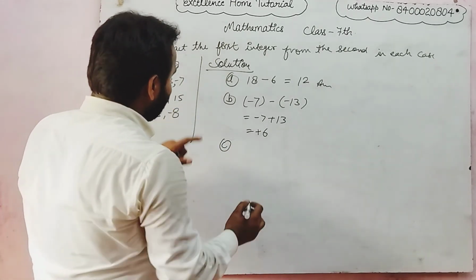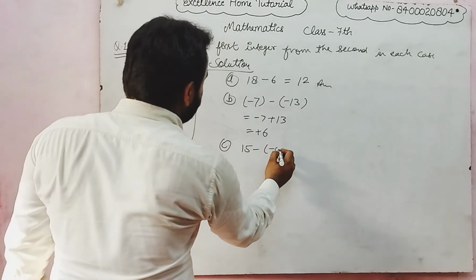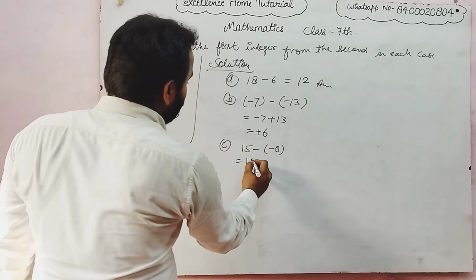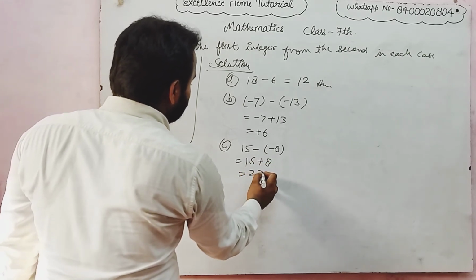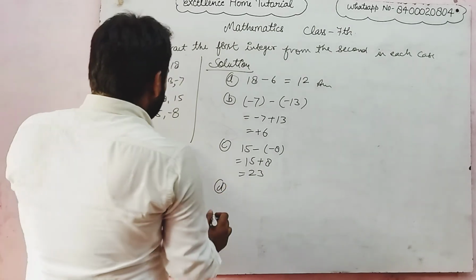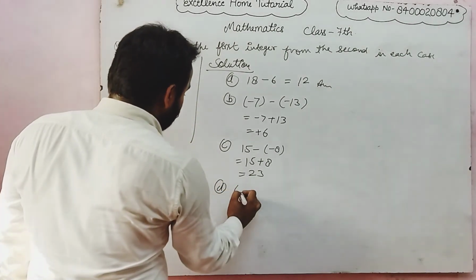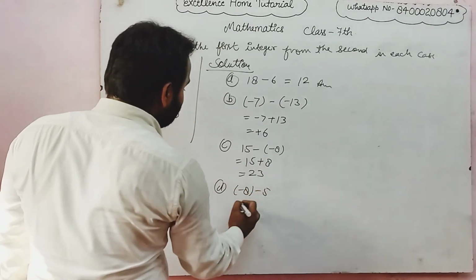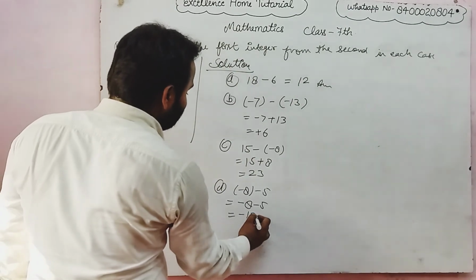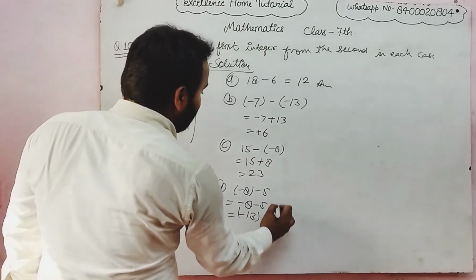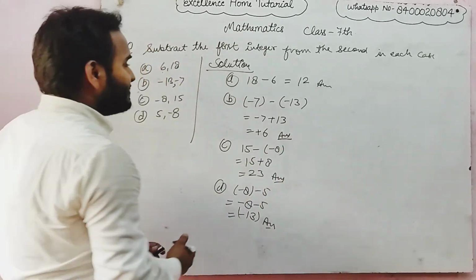C: -8 and 15, so we have to subtract 15 minus -8, and after opening the bracket, minus minus changes to plus sign, that is 23. D is 5 and -8, so -8 minus 5, same sign, so addition is applied, minus 13, so this is the answer. Okay, so आज के लिए बस इतना ही।